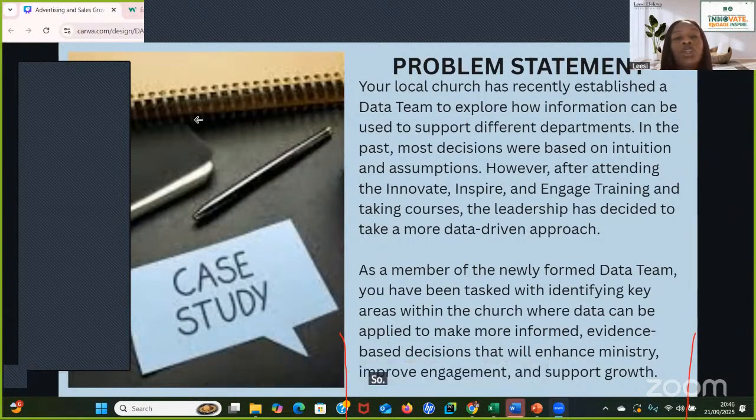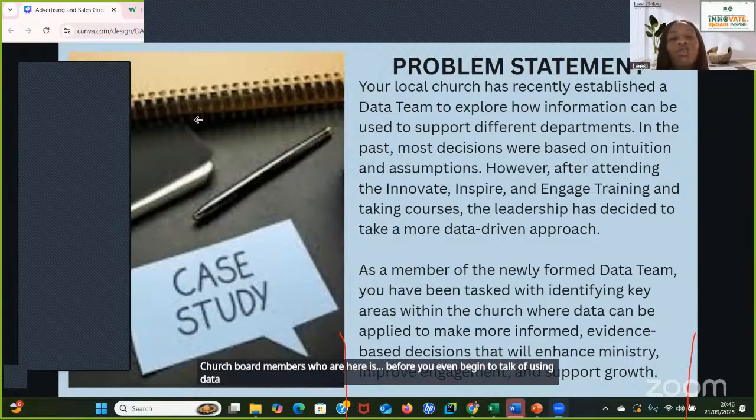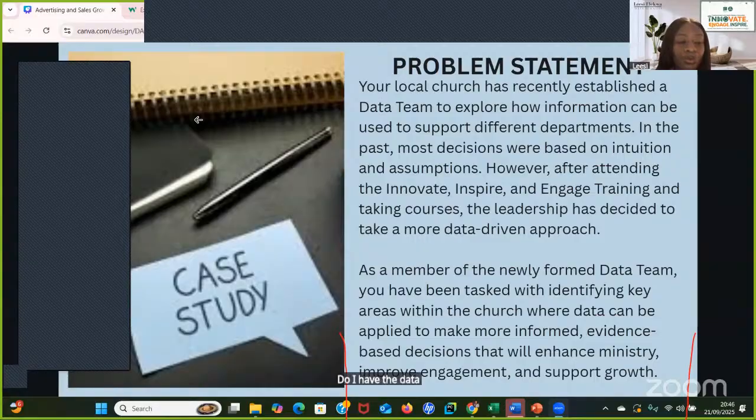So one major step for our churches today, church leaders who are here, church clerks who are here, church board members who are here, is before you even begin to talk of using data strategies, ask yourself a very important question: do I have the data necessary to make these informed decisions? If yes, beautiful, you can go ahead. If no, then the first step would be to create a robust system for proper record keeping and management